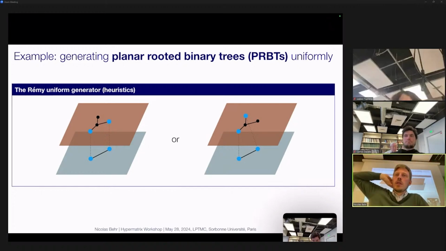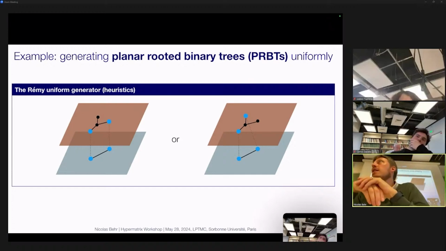So if you think about it for a moment, if you want a planar rooted binary tree with, let's count correctly, I think 100 vertices, there's 200 factorial over 100 factorial possible ways of having such a tree. And so a sampling algorithm that gives you a uniformly chosen at random sample from the distribution of all possible trees of size 100 is heinously difficult. So it's very surprising that there's a linear generator algorithm that can sample this with a linear cost, even though it's growing exponentially in the number of vertices.